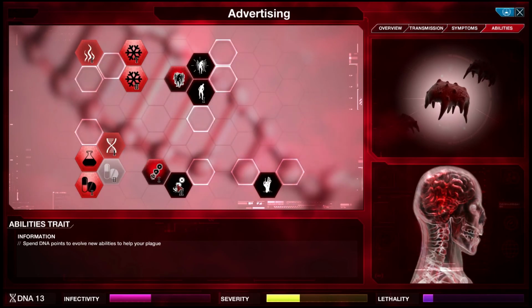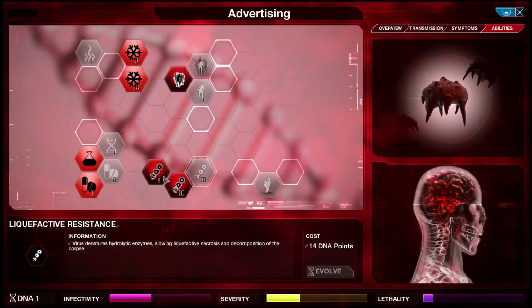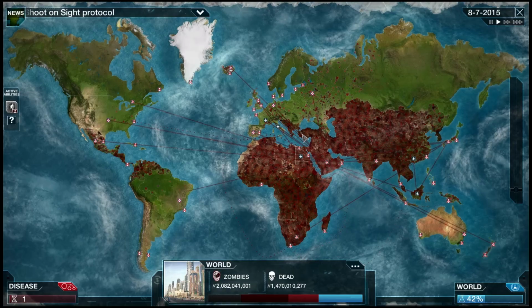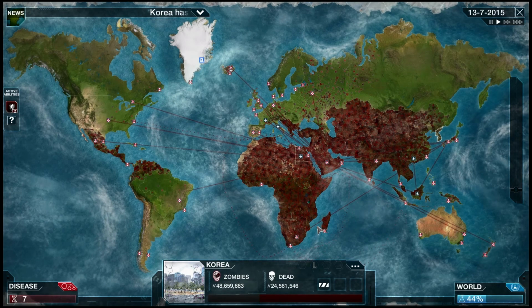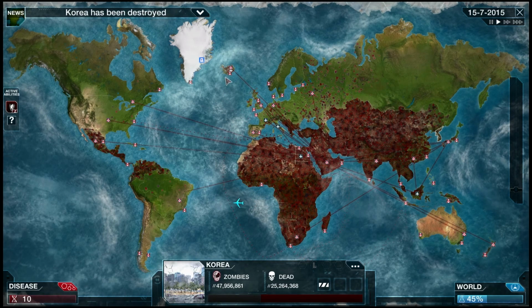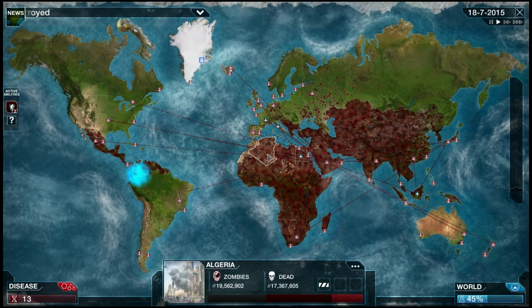Let's also try and keep this going here, because this is really bloody useful. It slows the decomposition, meaning that the zombies take longer to die out, although it's still way too fast in my opinion. Zcon project activated in Greenland. Well, let's give it a sec and we'll deal with that. How are we doing? Okay, so